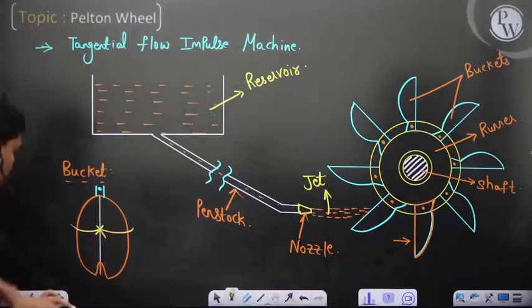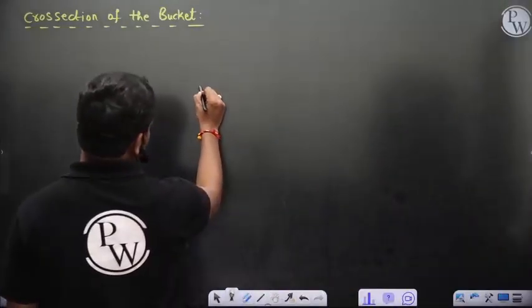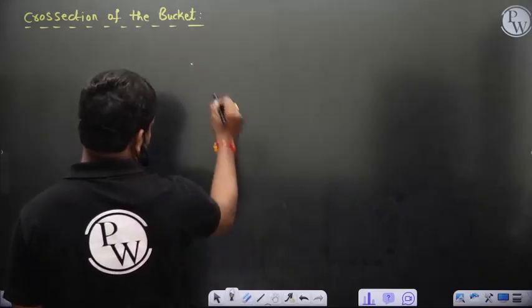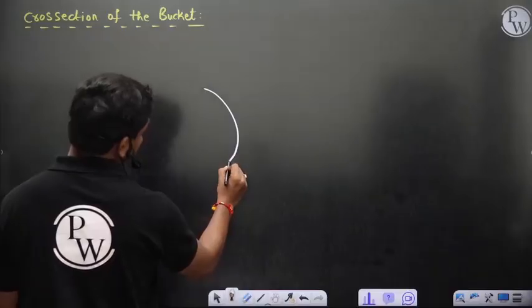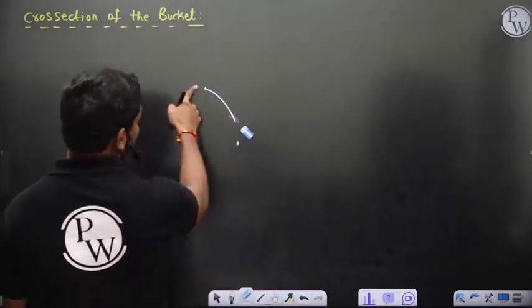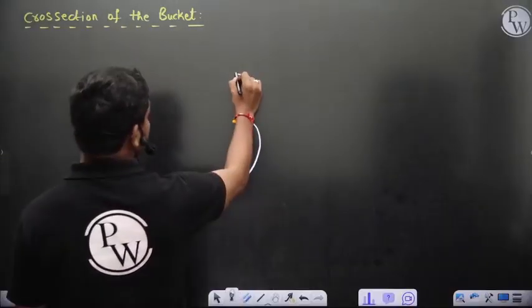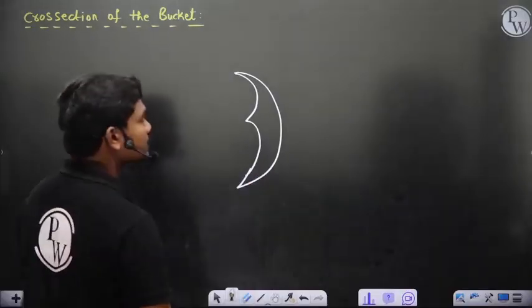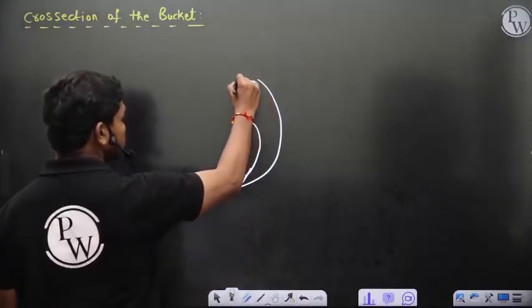Now if you make a cut at this point, it appears something like this. So this is how you have the bucket actually. Of course, it's symmetric. I'm not able to draw a very symmetric picture. I'm not a very good artist, but